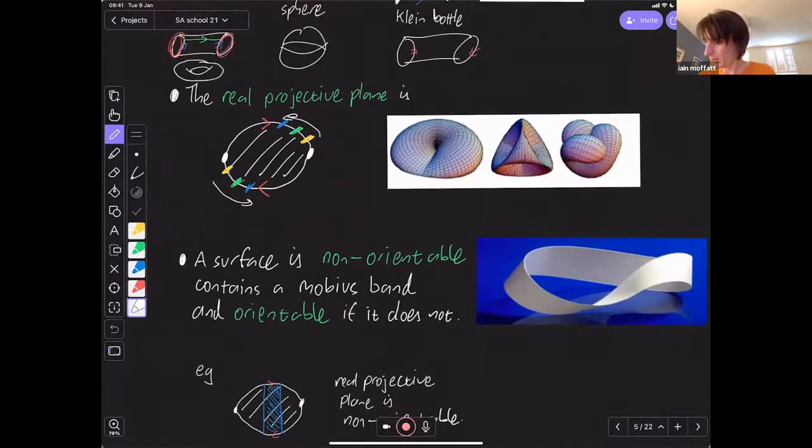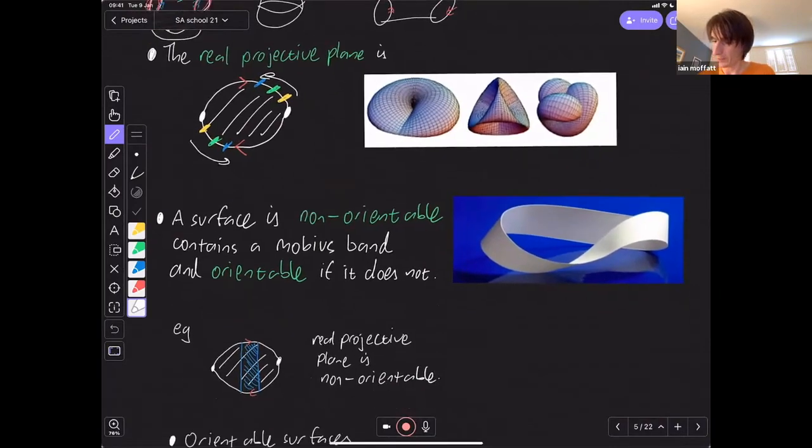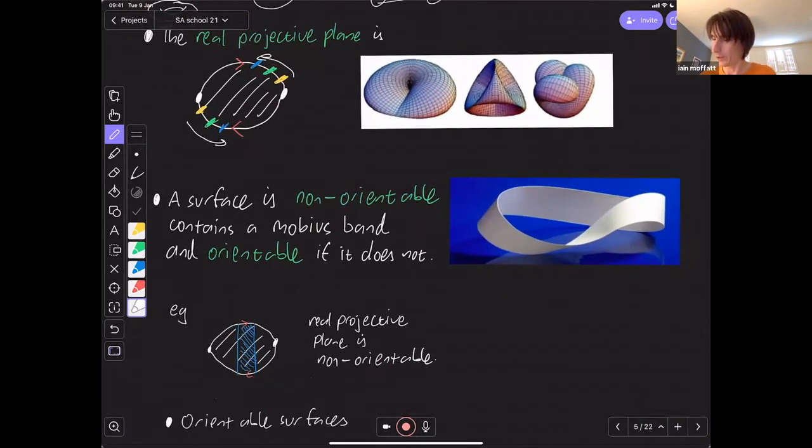And the importance of the real projective plane is that it's non-orientable. So what this means is that somewhere within the real projective plane, there's a copy of the Mobius band. So where is this sitting? Well, if I look at this example up here,